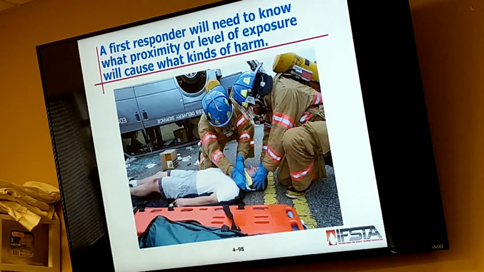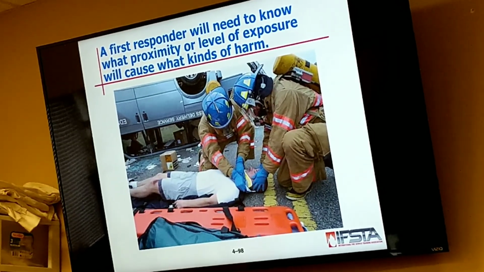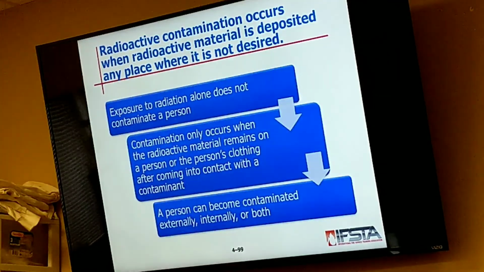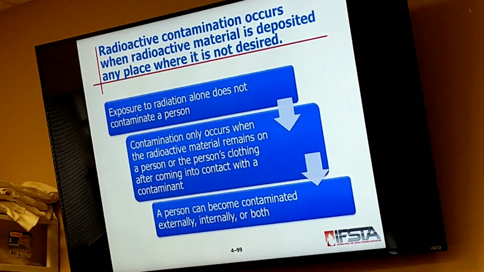First responders will need to know the type of radiation that will cause damage and what proximity or level of exposure will cause what kind of harm. Radiation does not spread. Radioactive material and contamination spread. Exposure